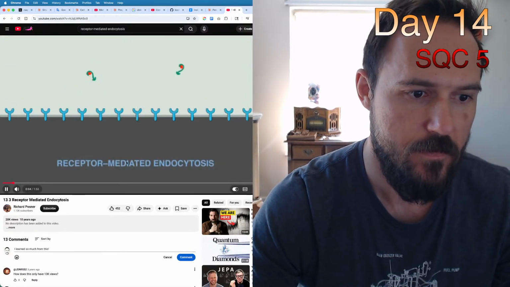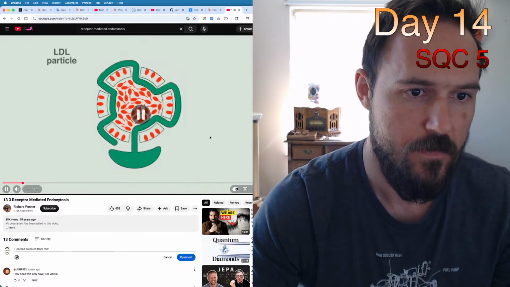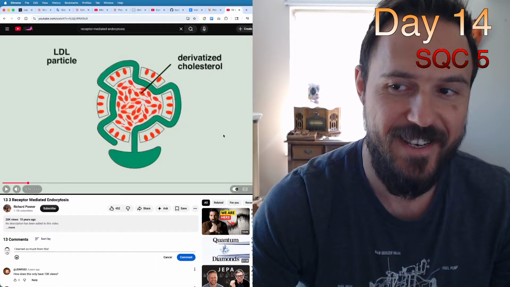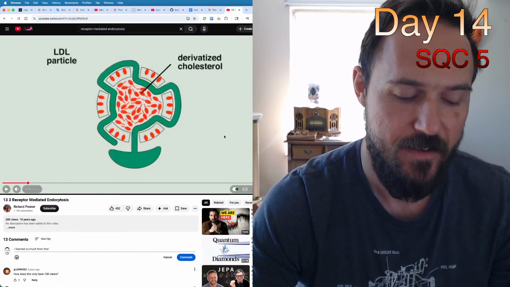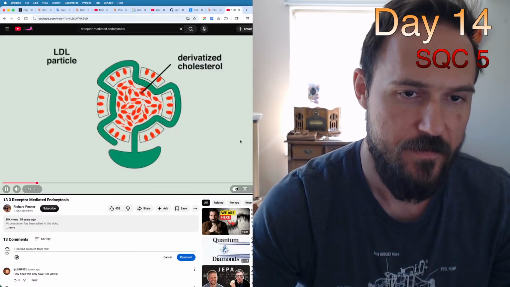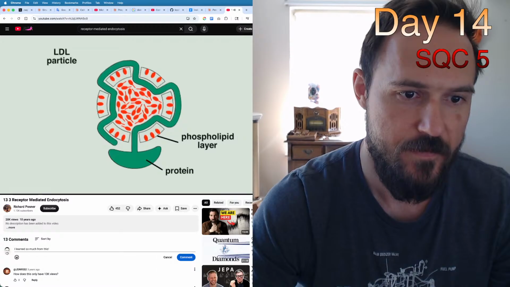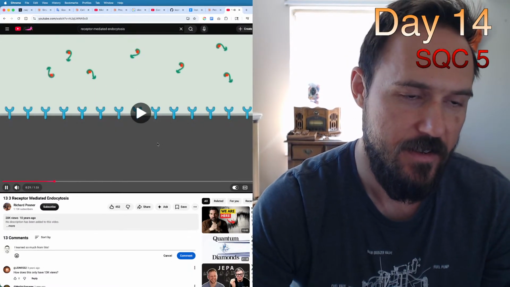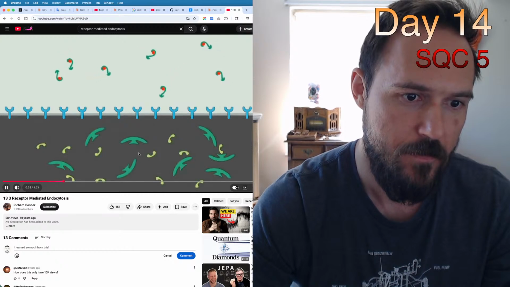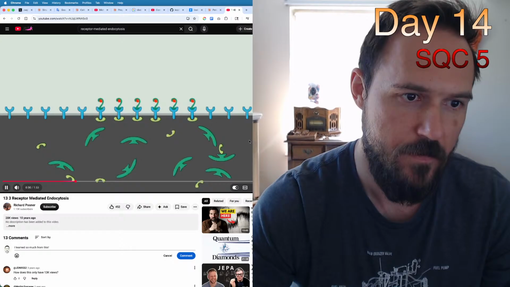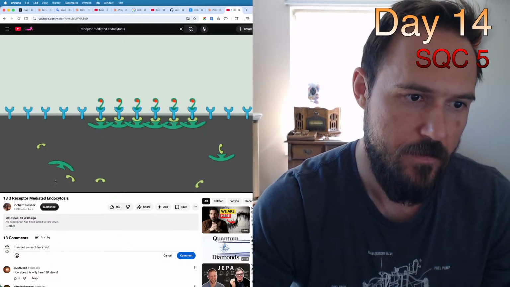And enters cells by receptor-mediated endocytosis. Instead of circulating freely, cholesterol molecules are derivatized and, yeah, it's a chicken in a cage. So cool. Packed inside low-density lipoprotein particles, or LDLs. A protein and phospholipid layer surrounds the cholesterol molecules. The protein portion is recognized by LDL receptors on the surface of cells. Now I'm wondering who built that LDL protein. An adapter molecule, called adaptin, binds to the tail of the LDL receptor that protrudes into the cytosol. Adaptin recruits clathrin molecules, which start coating the membrane. Assembly of the clathrin coat causes the membrane